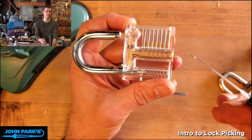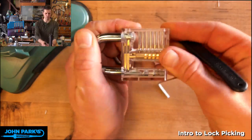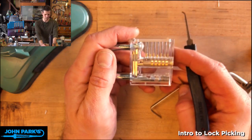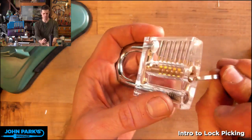Now, pin by pin picking is much more helpful when you get to a harder lock or locks with security pins in them. But for people who do lock sports, which is kind of what it sounds like, picking locks under pressure of time against a competitor, you will use an array of picks that are much faster than that method. So let me do that one again